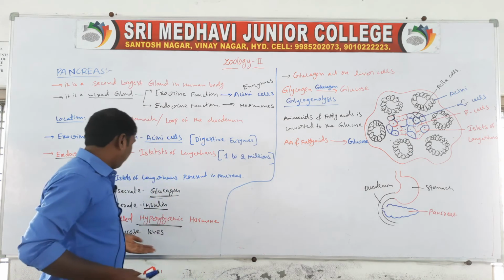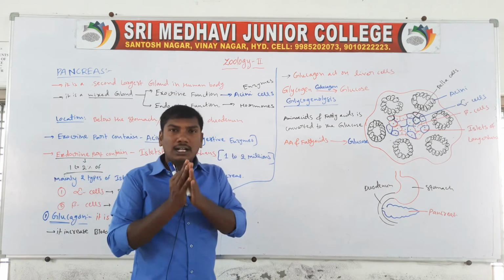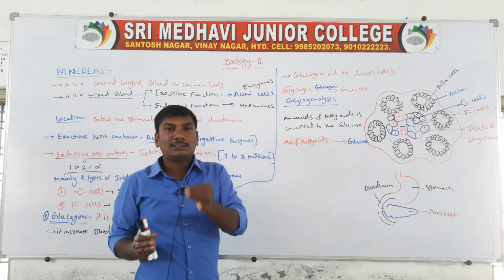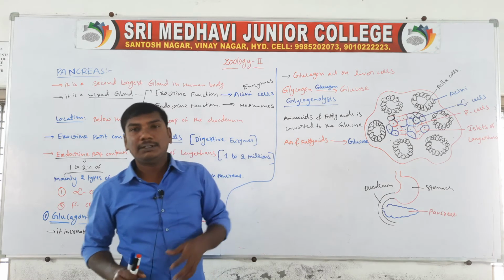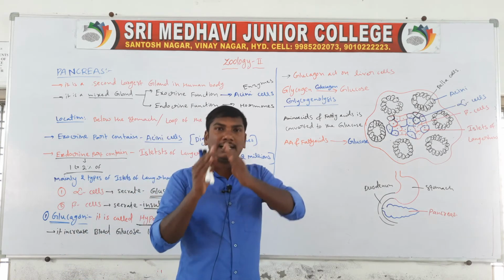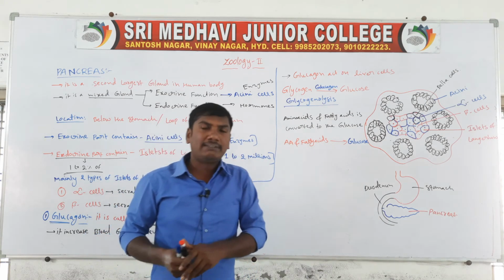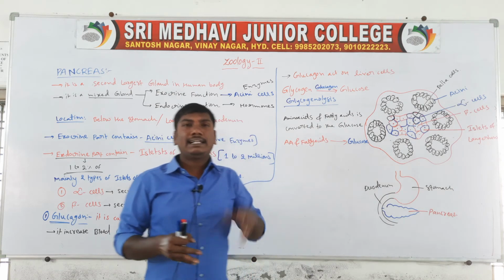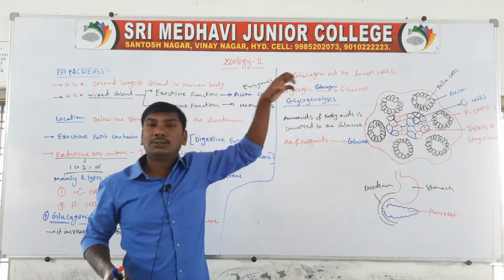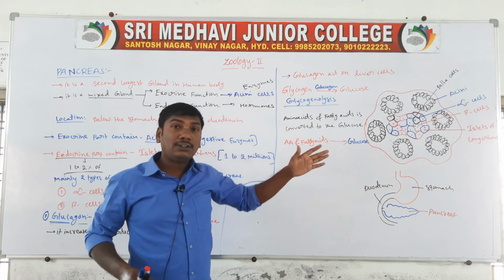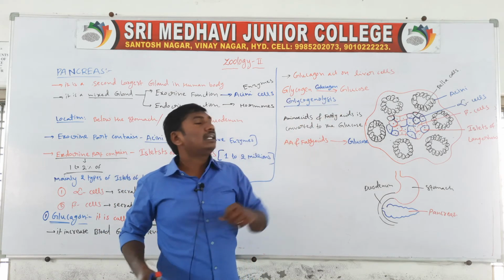That is the glucagon function, once revised. The glucagon hormone is released by the alpha cells. This glucagon hormone is also called the hyperglycemic hormone, meaning it increases blood glucose levels. Our body stores glycogen, and glucagon acts on the liver cells, converting glycogen to glucose. This process is called glycogenolysis.